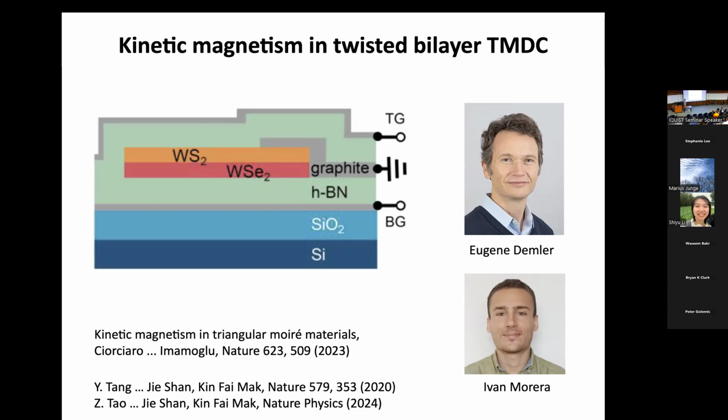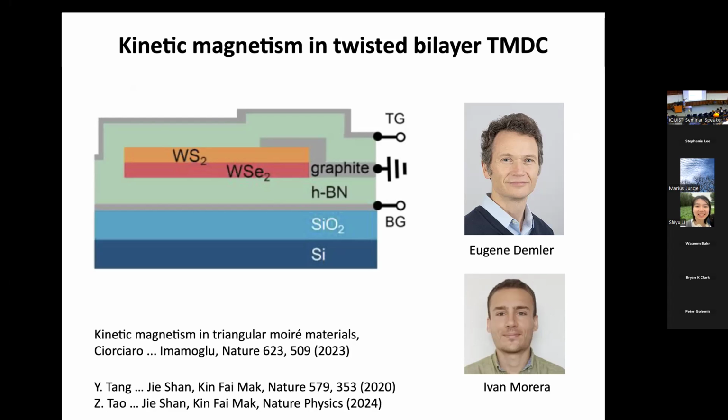And what they observe in the experiments is that if they electron dope the system and measure the spin susceptibility, they see ferromagnetic behavior. If they hole dope it, they see antiferromagnetic behavior. So this is magnetism that's controlled by the doping. That was very interesting work coming from these experiments. And our theory collaborator, Eugene, and his student, Ivan, were trying to build a microscopic model of what's going on. And they had a picture which they suggested to us to go and test with our quantum simulator.